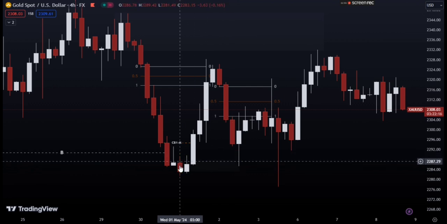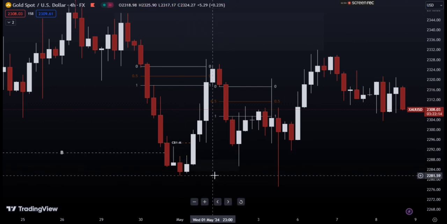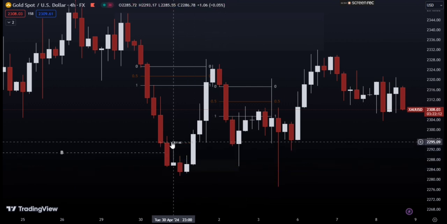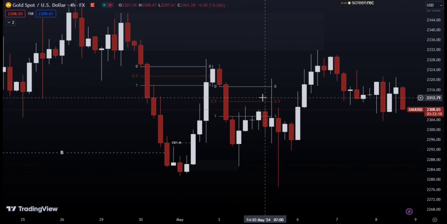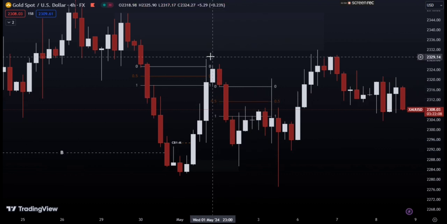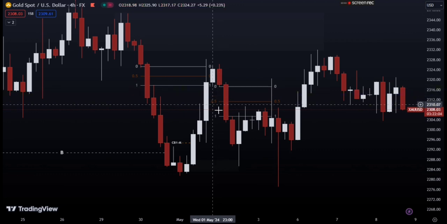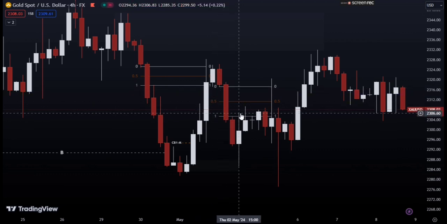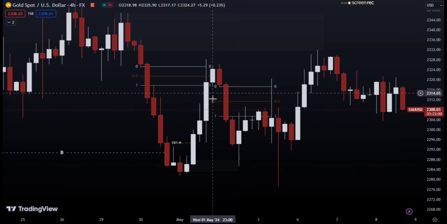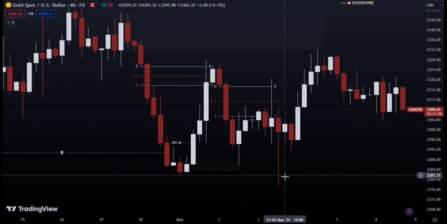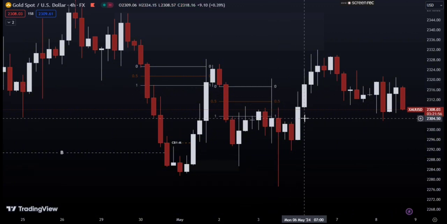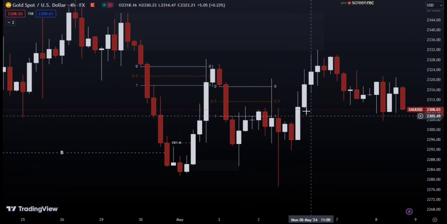Good. So after it tapped this nearest demand zone that formed this CB1, it went up, and then now on its way down to this demand zone, the price formed another market imbalance, so the market inefficiency. So it has got to close it and go to the downside again. And you can see here the price had this market inefficiency.